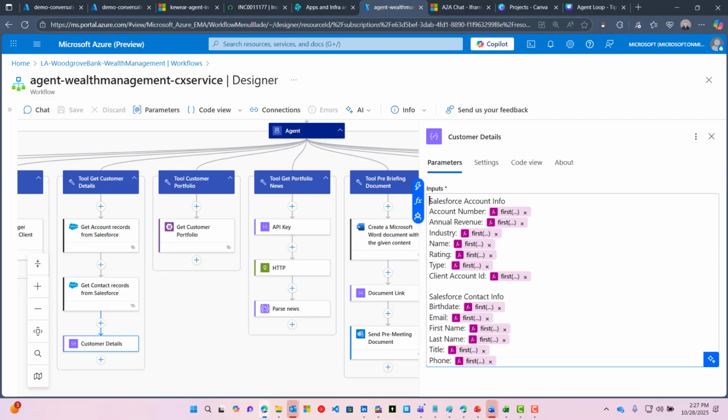So what I did here is I created a compose action, and I just grabbed the individual attributes that I was interested in from the appropriate action call and included only the information that I needed. This allows me to summarize and reduce the number of tokens being passed. And one thing to be aware of is that it's not just a single action that you need to be concerned about,